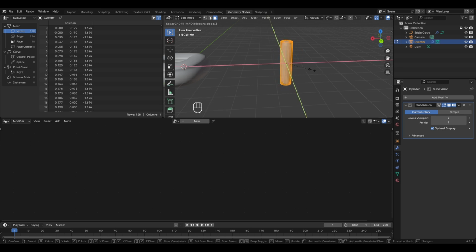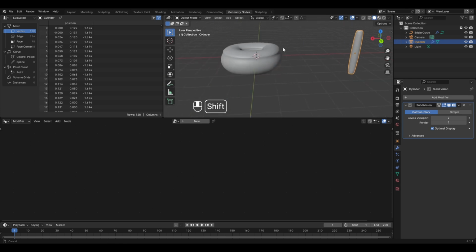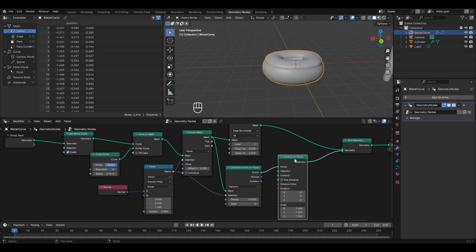Let's scale it down like this and left click to finalize. Let's come out of the edit mode, and now our sprinkle is ready. And to distribute these sprinkles over the extruded face of the donut, we need to select the donut. We have to connect the sprinkle to the instance option here. For this, I'll go to the scene collection, left click on the cylinder object, or basically the sprinkle, and if